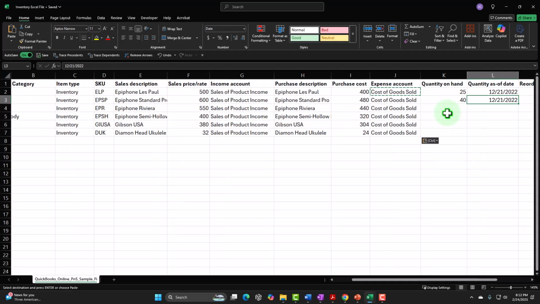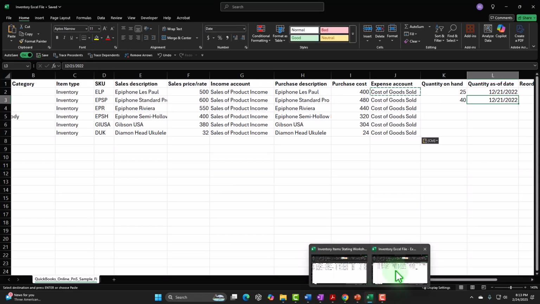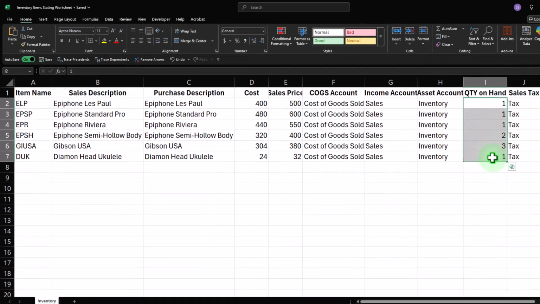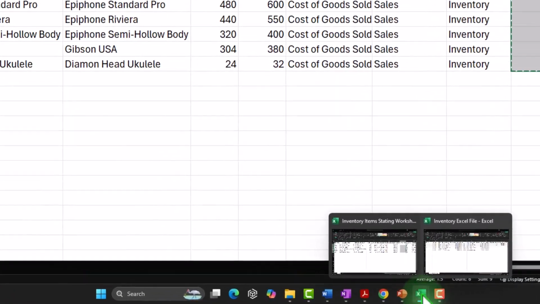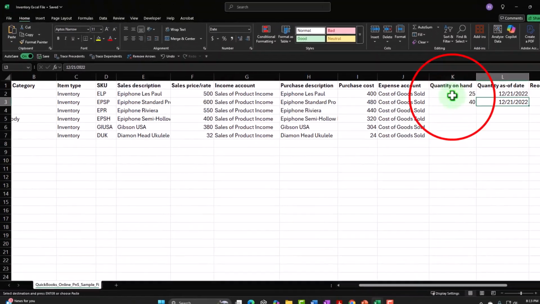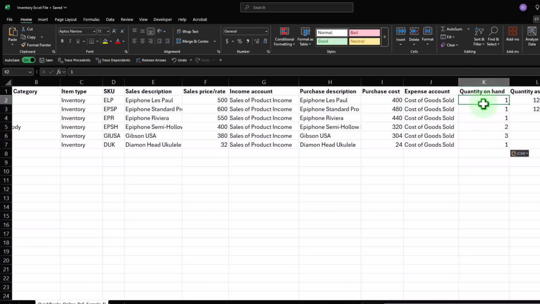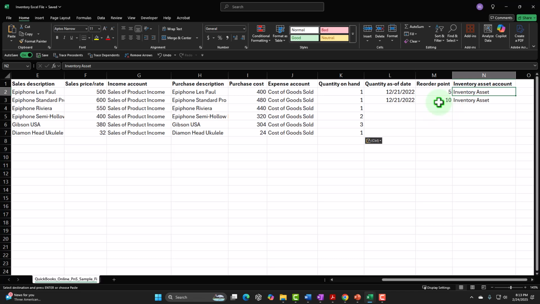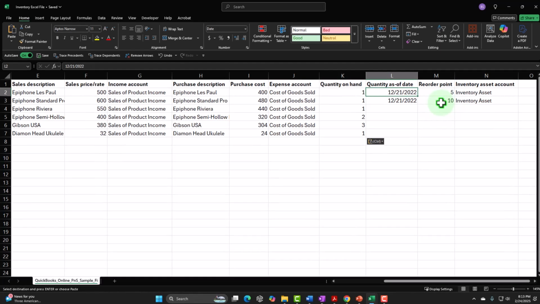The quantity on hand, how many of these do we have on hand? Let's go back on over. We're going to imagine this is how many we have on hand. So that's going to be here. And so that means the amount that's going to be in the general ledger account will be the cost times the quantity on hand. The quantity as of date, I'm going to say, is